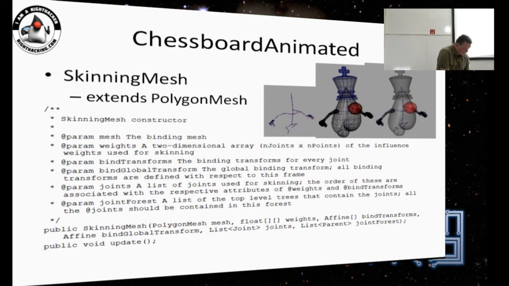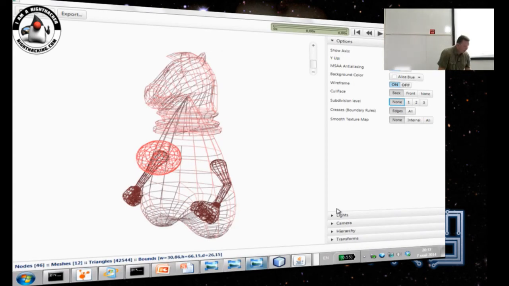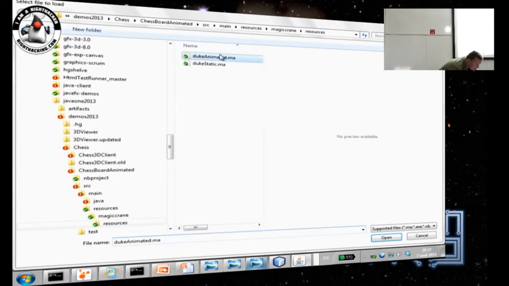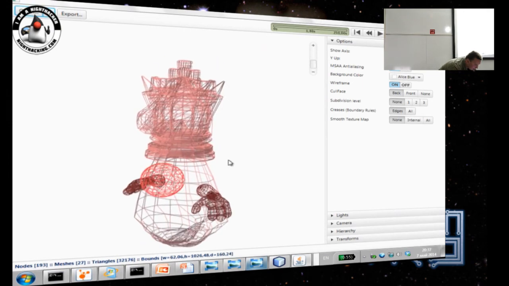in the demo. And it's much easier to do it with Maya, because you don't need to care about this in code. You actually just open your animated file, and it starts moving.